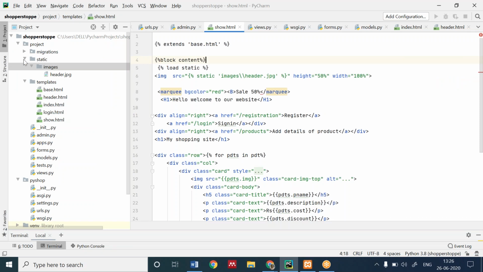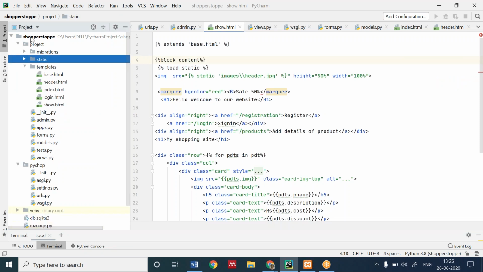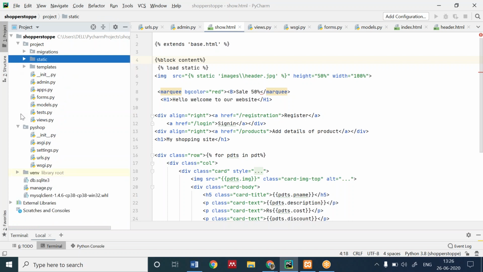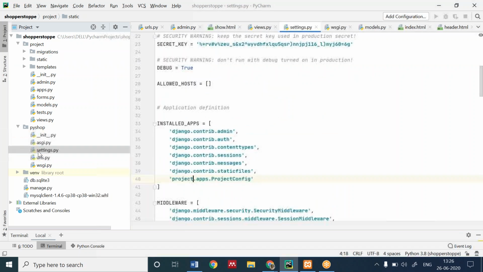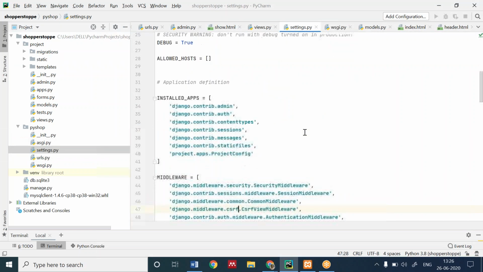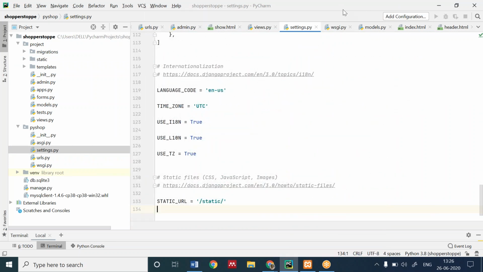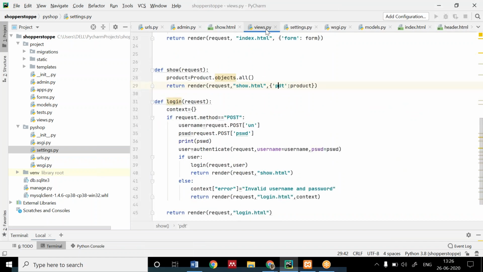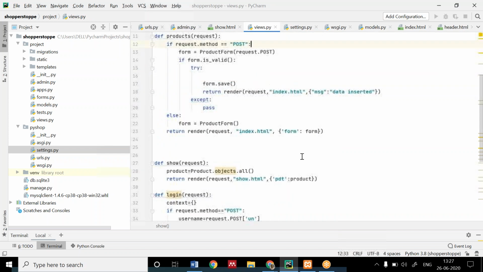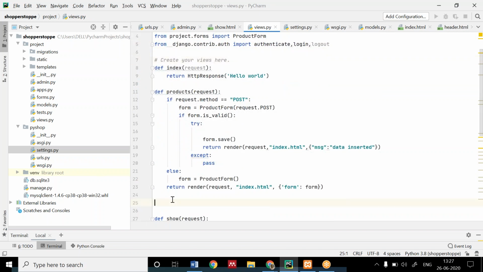Can anybody send me the code for adding the static folder in settings.py? I have the views.py, I'm making it from the start.